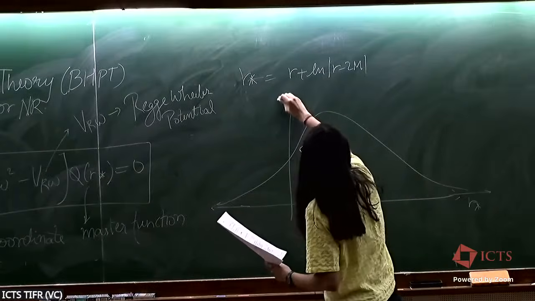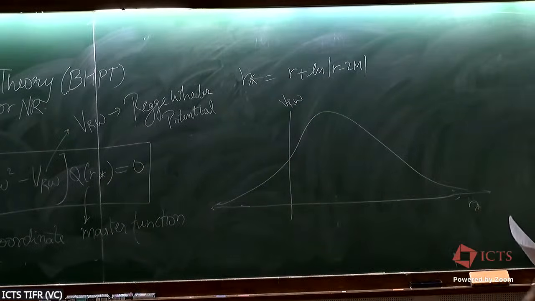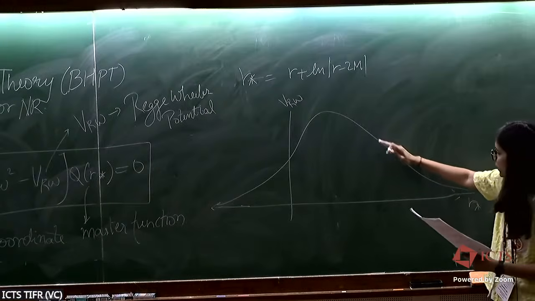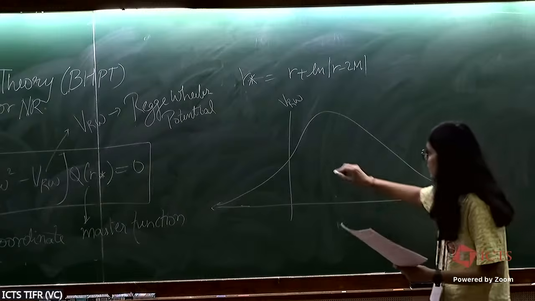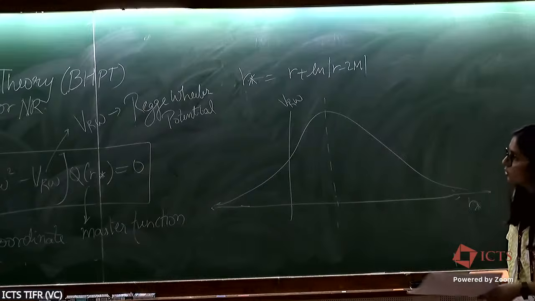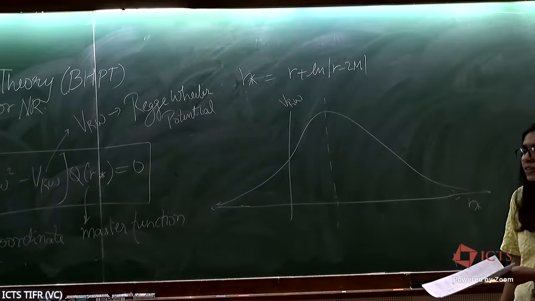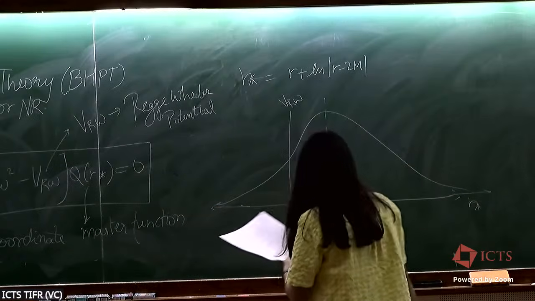So the Regge-Wheeler potential plotted against r star is like this. We see that the potential goes to 0 on both sides, and it peaks somewhere in between. And we know that it should peak somewhere around the light ring, because that's what we said: the ring down is attached somewhere around the light ring. So this peak